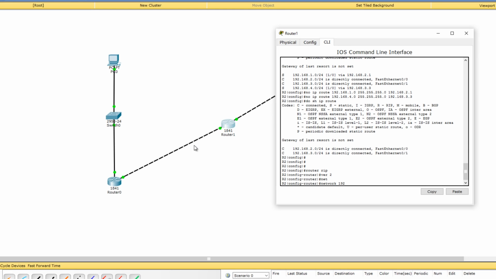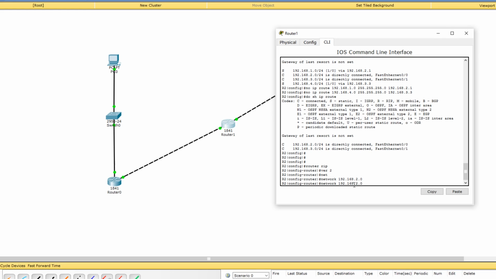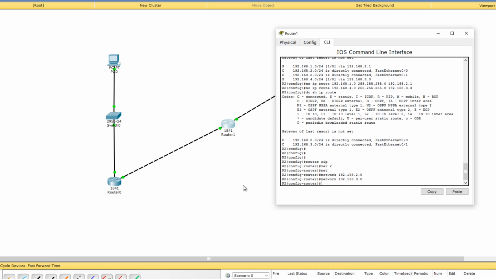This is connected to 2.0 and 3.0. So I'm just going to say network 192.168.2.0 network 192.168.3.0. These are the two networks that it is connected to, right? So I'm going to come here, 3.0. Similarly,